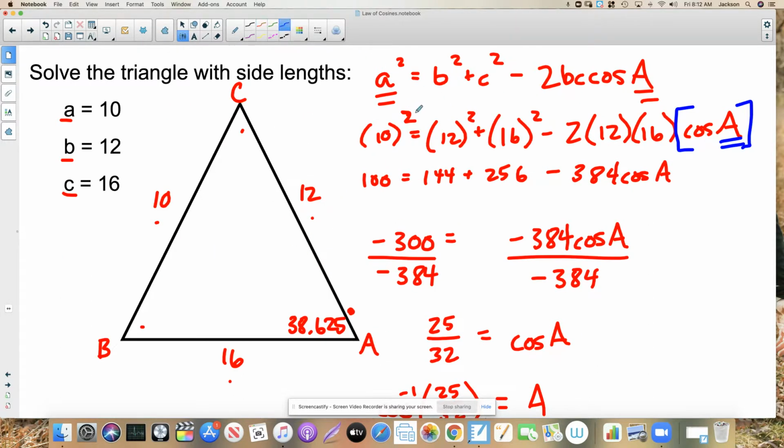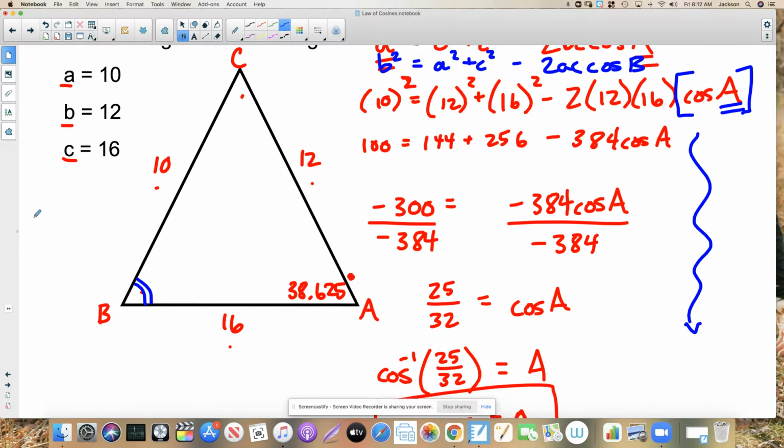Now you can go through this law of cosines again and do the exact same problem for angle B. The only difference is when we write our equation, we'd have to swap all of the A's with B's. So if you wanted to find this angle right now, you could say B squared is equal to A squared plus C squared minus 2AC cosine B,